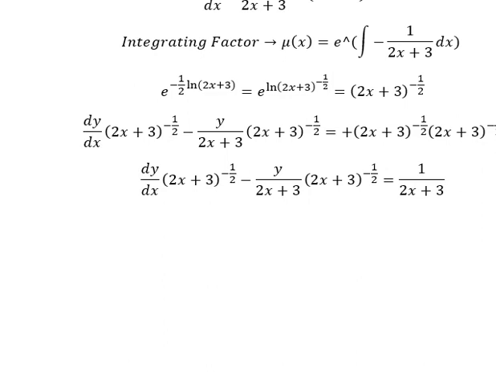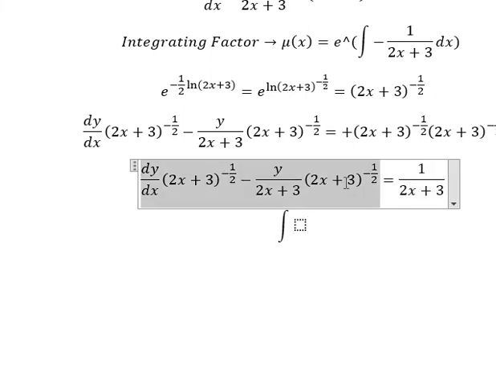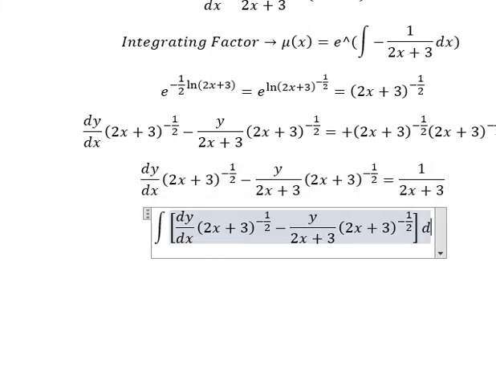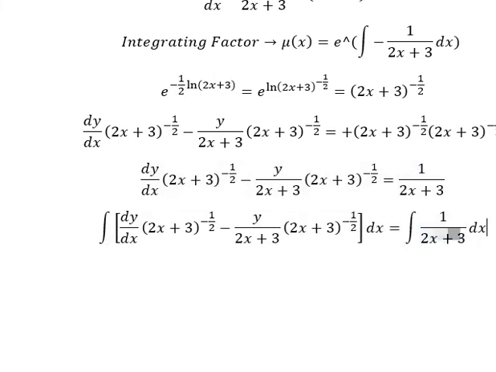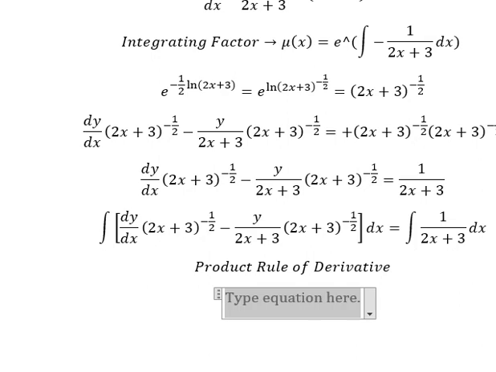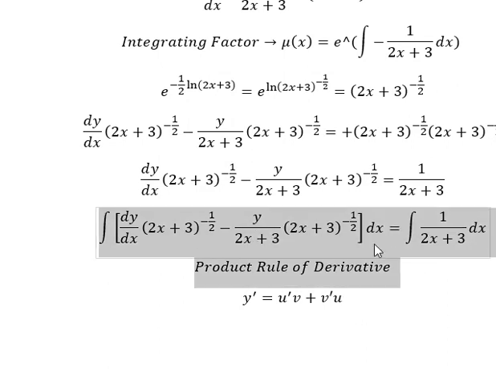Now we can put the integration on both sides. Now we can apply the product rule of derivative. So we have the first derivative of y equals the first derivative of u multiplied by v plus the first derivative of v multiplied by u. So if we look carefully at this one,